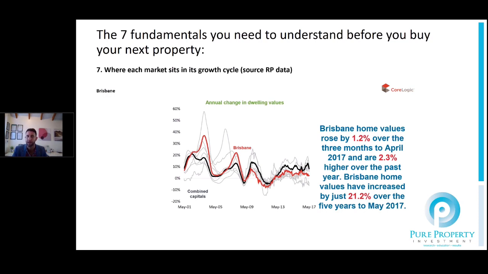But the good thing with that market also is that there are good yields to be had. So the cash flow, even when we get to more expensive markets, is going to be solid, and that will also allow us to hold properties through longer periods of time without being affected by negative cash flow.